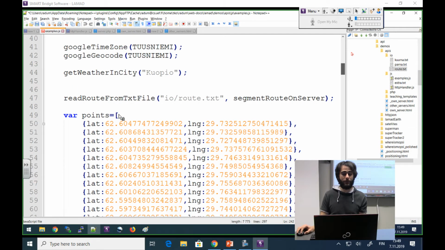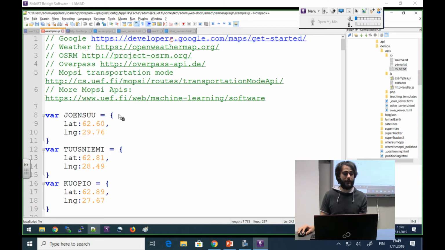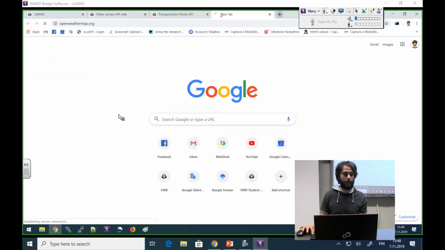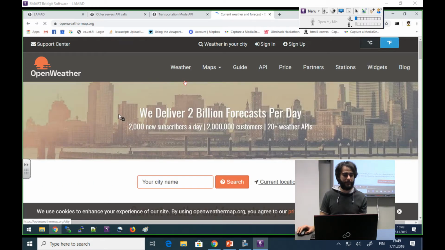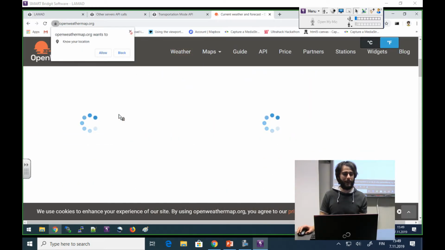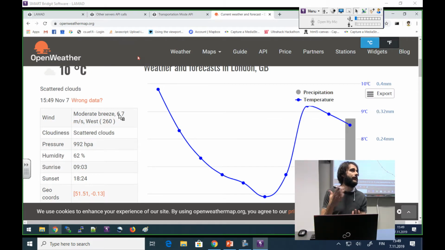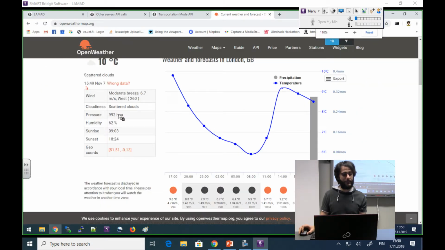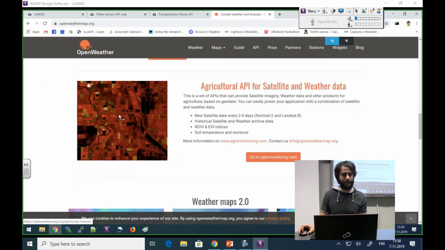But how do I know to call these things? I need to look at the documentation. So all of these APIs are going to offer documentation, like how to call it, what services they offer. For example, the weather API can give you the weather at the moment, but maybe it can give you the weather a day ago, or maybe it can even predict it in the future. Some of these things may be free. The weather now at least is free, but